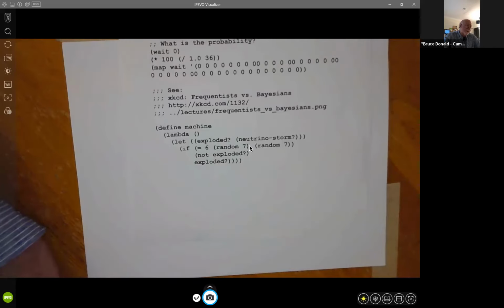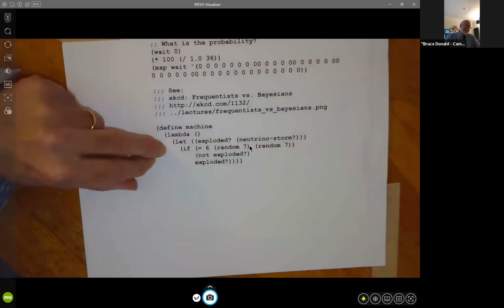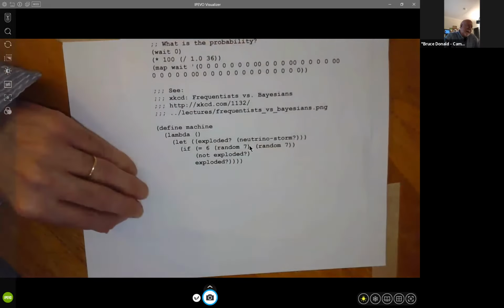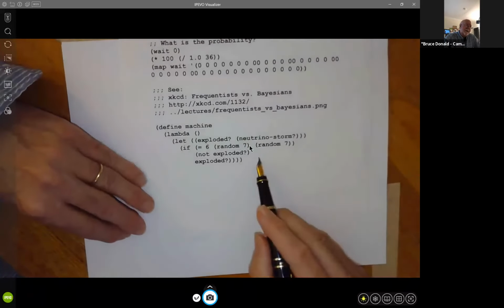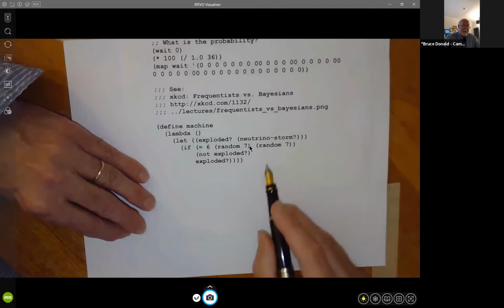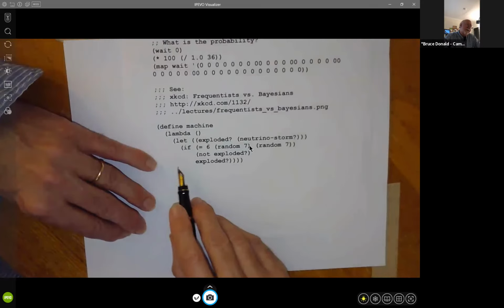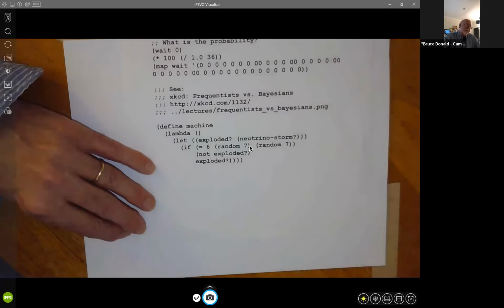So in short, just given the information in this cartoon here, we can write a piece of code like this that then can be analyzed. Then using essentially conditional probabilities, but dressed up in a fancy way that is called Bayesian statistics, we can then analyze what the results of this machine are.